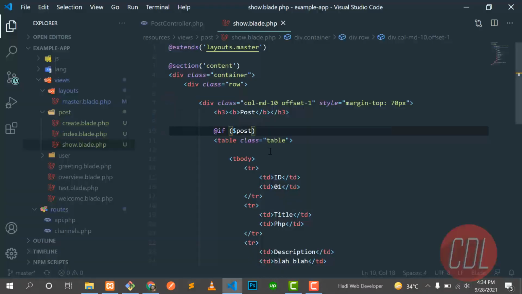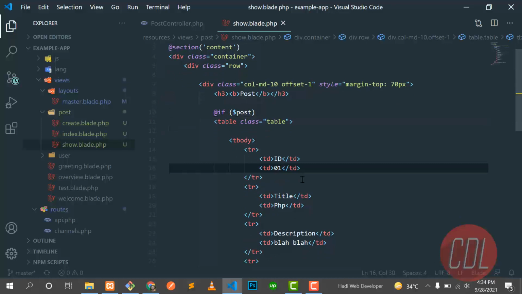Let me make the post dynamic, right? So here we need to put the id of the post. So what is the id of the post? We need to type the mustache sign, and then this is a post variable, so I need to get it from this post id.